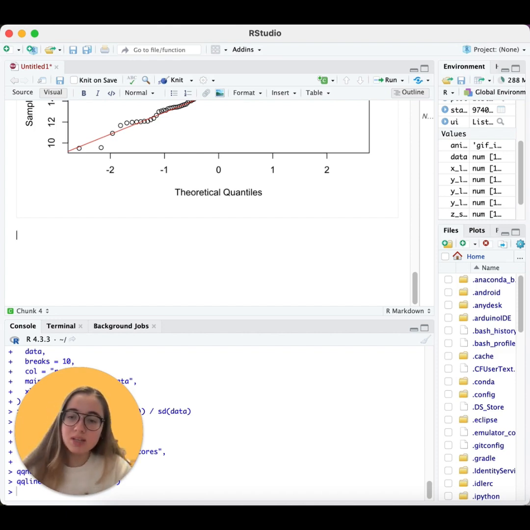Then we have the median in the middle, which represents the 50th percentile, so 50% of the values are below this point. Then we have the third quartile, which represents the 75th percentile, so 3/4 of values are below this point. And then we have 100% of the values if we go to the end of the box